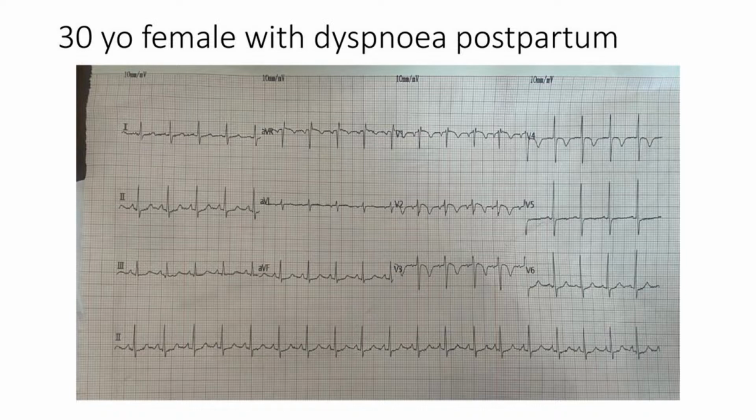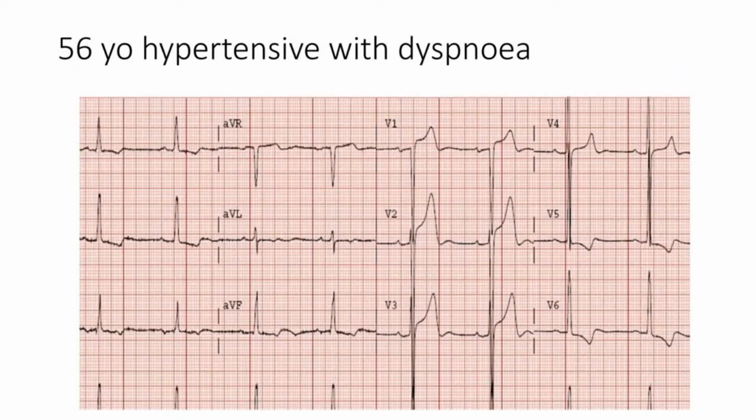A 30-year-old female who suddenly became dyspneic postpartum, okay. Someone wants to know, in the previous example with the LV hypertrophy, why the ST segment changes are more likely to be due to the LVH rather than being suggestive of ischemia. Okay, we can't be 100% certain, but